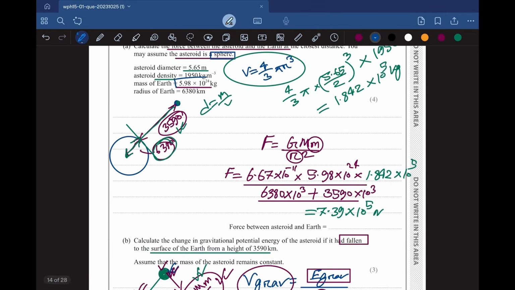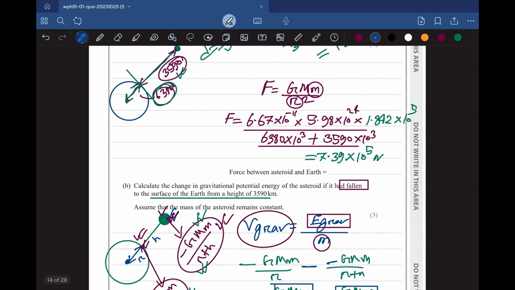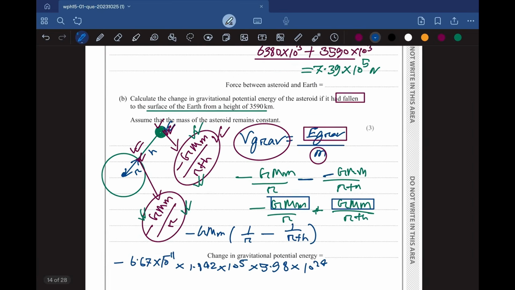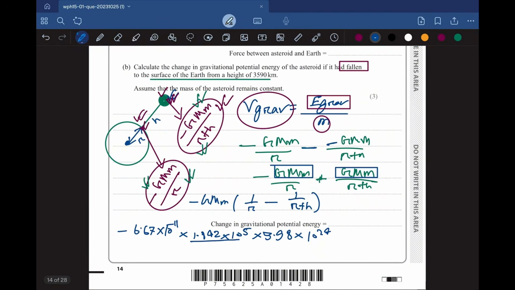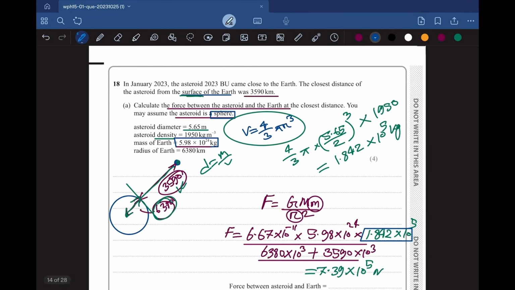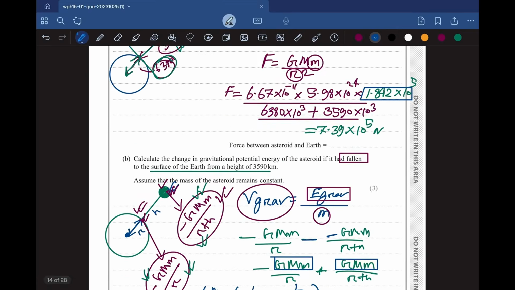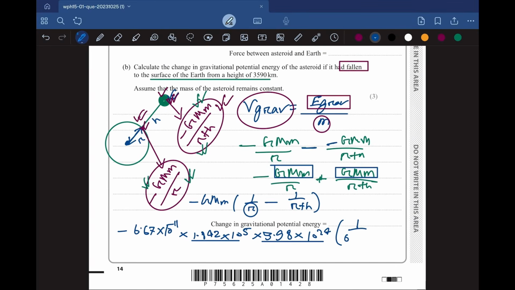This was the mass of the earth, and the smaller mass of the asteroid was this that we have figured out. This is the 1.842 into 10 to the power 5. This one was the smaller m, and this one is the bigger m. 1 divided by this radius, the only radius. So the radius of the earth is 6380, so we can write it down like this: 6380 into 10 to the power 3